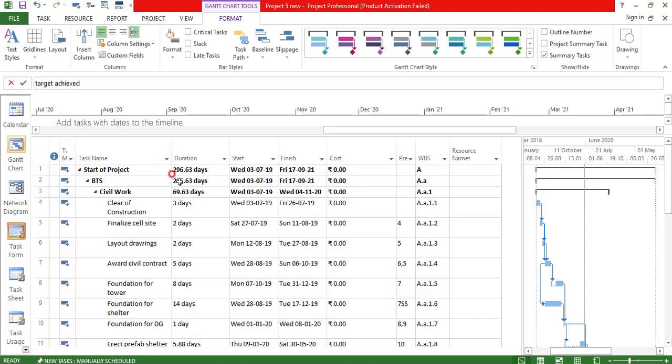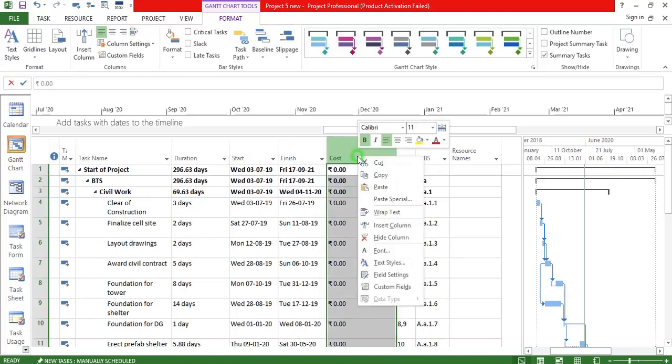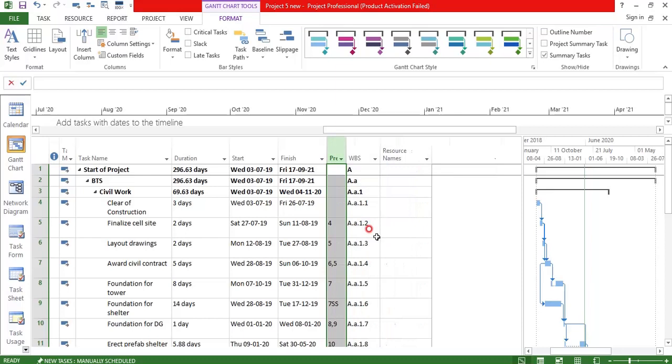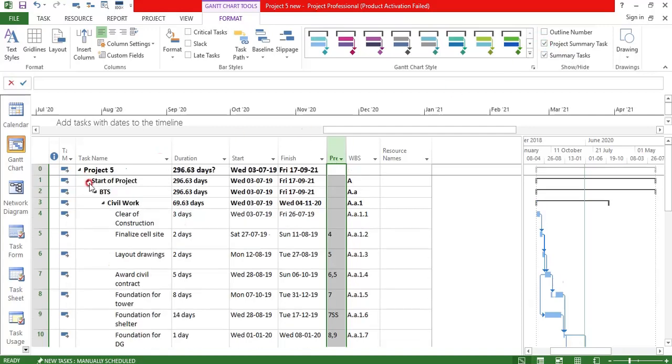Project summary means the entire summary of the project can be shown here. That means the total duration, total cost. When your project will start, it will start in 19, it will end in 21. What is the total cost? For now we will hide this column. Once we insert our resources, you will get to know the cost there. So this is what a project summary task is.